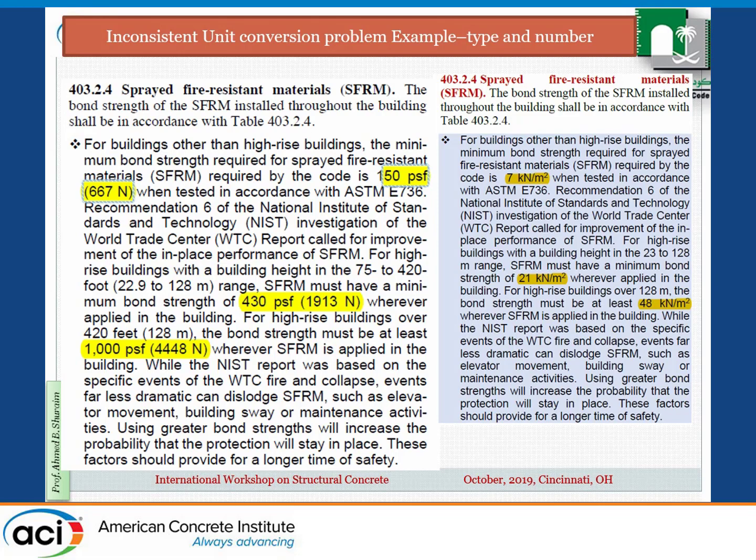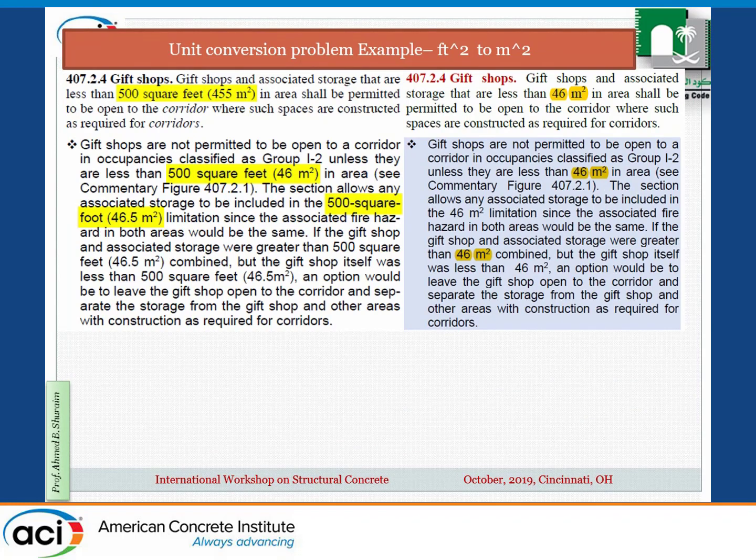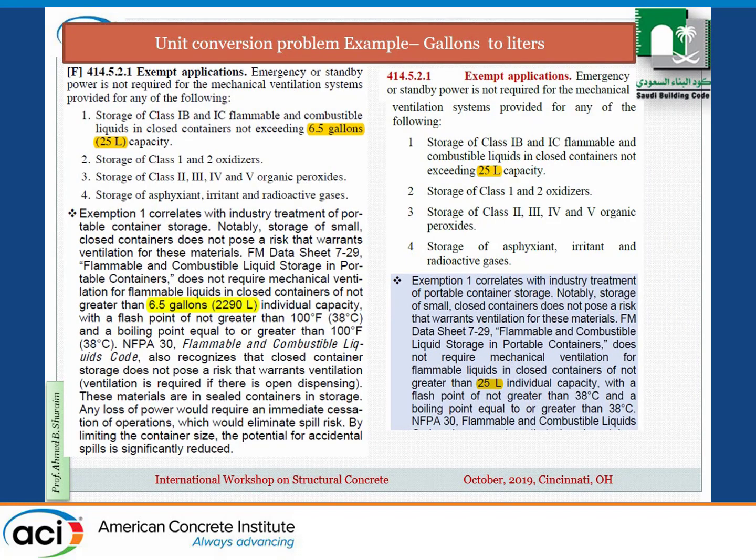Eventually we did the right thing, but we are reporting it to make sure that we consider it and don't take anything for granted, and also for our partners to look at the SI units. If you want to include them, then you need to work on them much better. Here is a similar example. Here you see 6.5 gallons, 25 liters, which is okay. However, here, 6.5 is 2,290 liters. So that's a disaster if you're going to keep that one.